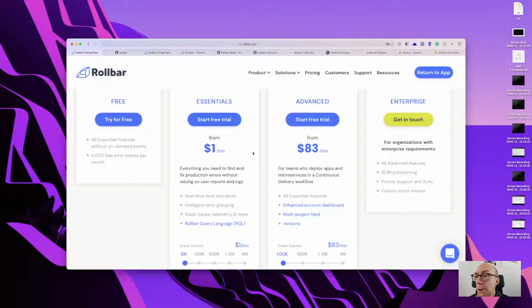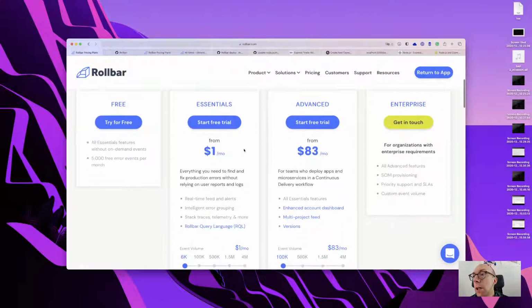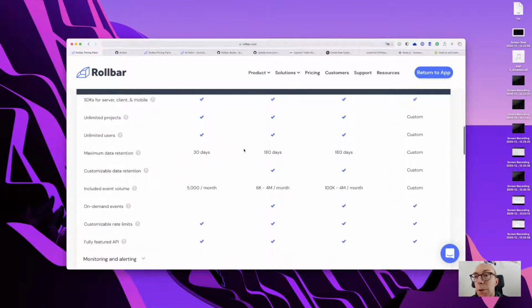Some of the telemetry could be interesting as well, although you obviously get those in other platforms. And even then, the essentials plan is not too expensive. It's sort of, yeah, not too bad. I mean, I don't know. There's lots of other competitors in this space now, so you have to look at what makes the most sense to you. But it seems reasonably